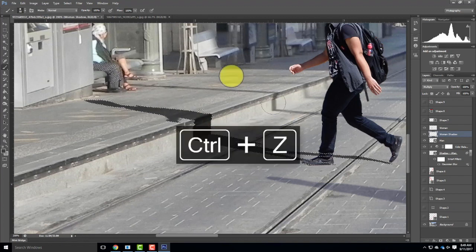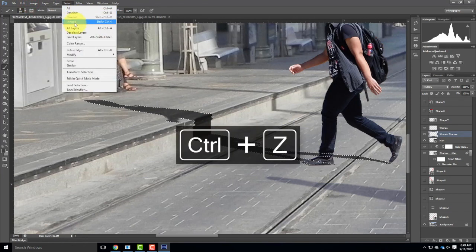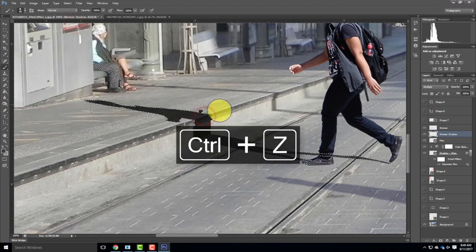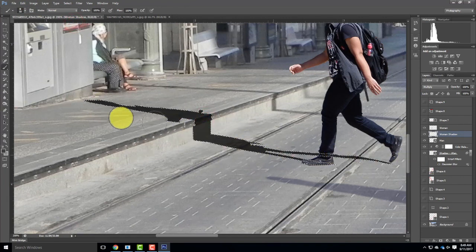Oops. Let me go to Select and then Inverse. There we go. And now I can paint all of that in. I'm just confirming that it's all exactly the same color. There it is. Now, once again, the shadow here is a little bit dark, so I need to make some